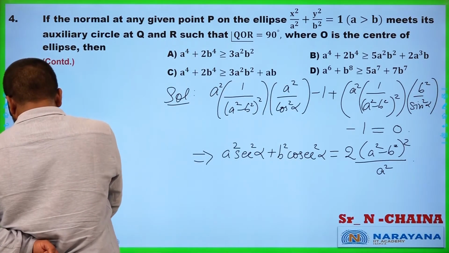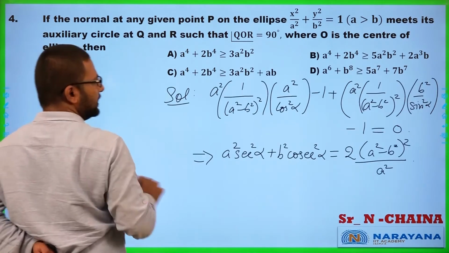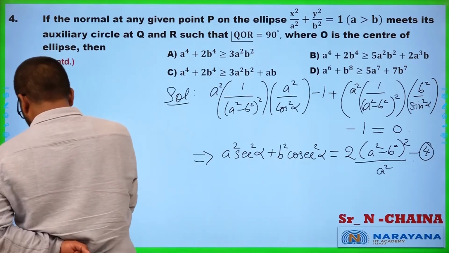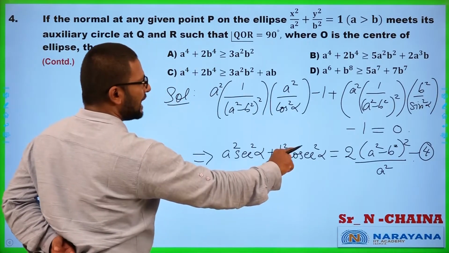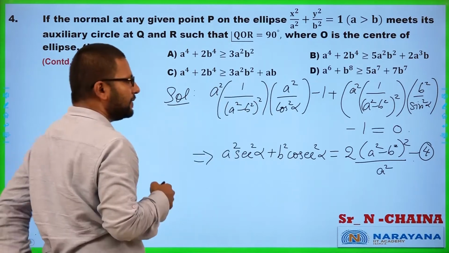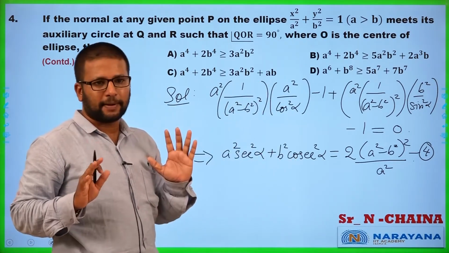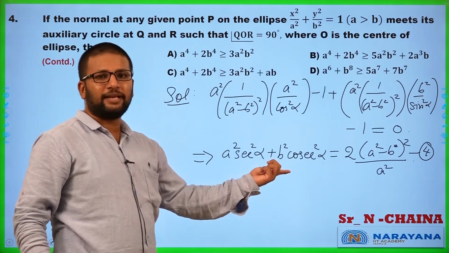So that is the situation where we are right now. Alright. So this will have to be equation 4. Okay. So now we need to come up with an inequation at this stage, because you see all your options are in terms of inequations. Also there is no alpha there in the options. So I need to get rid of alpha. That you should realize, which means somehow I need to apply an inequation here.